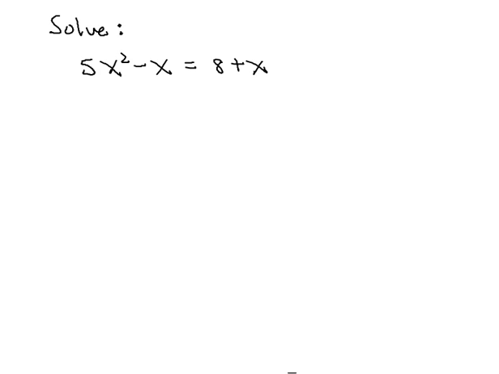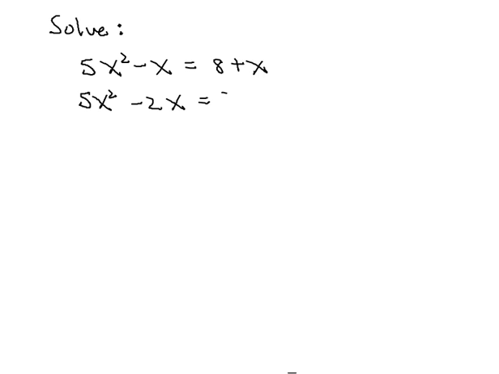Now for another example where we will be using completing the square, we have the equation 5x squared minus x is equal to 8 plus x. Now we first need to get the x squared and the x terms on the same side. So we'll next subtract an x from each side. So we have 5x squared minus 2x